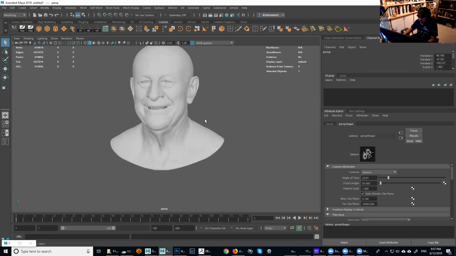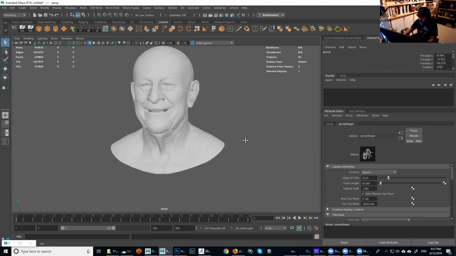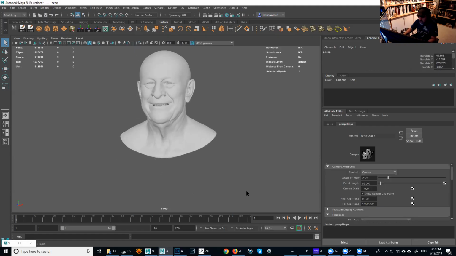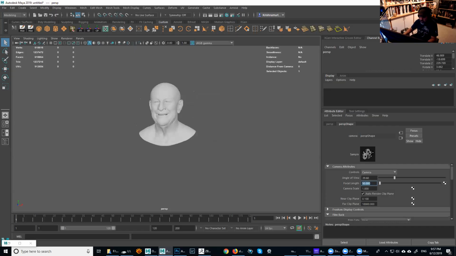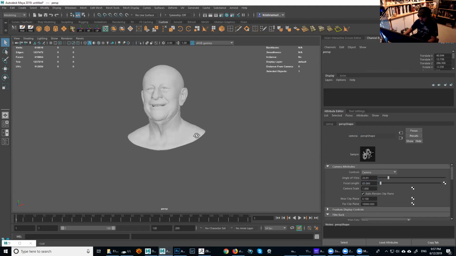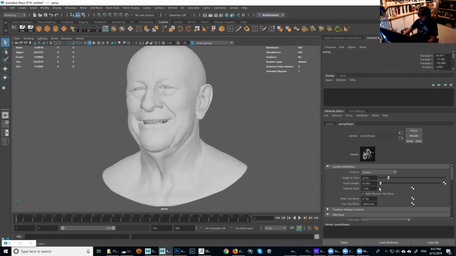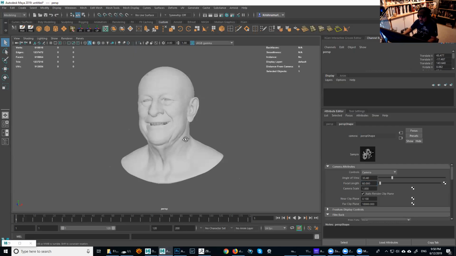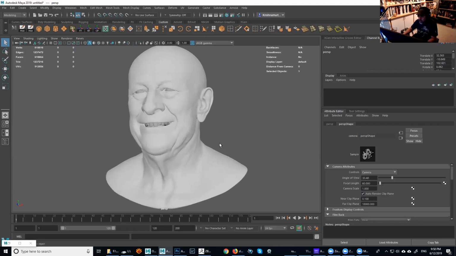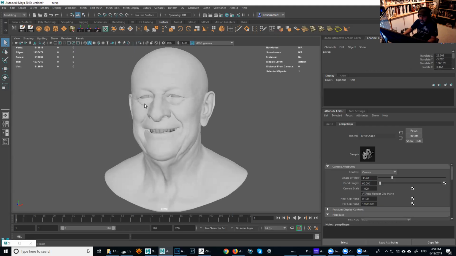And if it's a little bit more of the chest and maybe all the way to the waistline, it would be more like a 50 millimeter lens. And if it's a full body, more like a 35. But in this case, I'm going to keep 85. For the record, if you're modeling and trying to match something you're seeing in real life, I think the angle of the lenses of our eyes, compared to a camera lens, is about 60 millimeters. So between 55 and 60, you get something similar to the human eye.